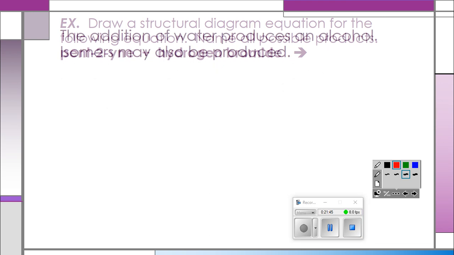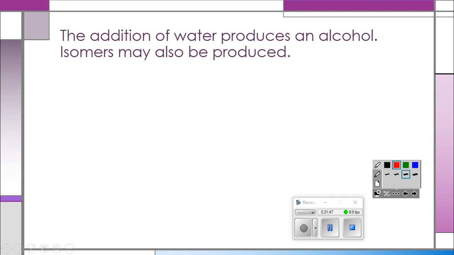Now, there is one more example where we add water and produce an alcohol, but I think that we will